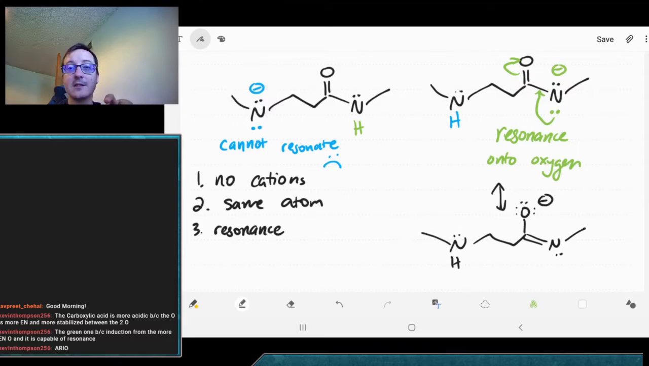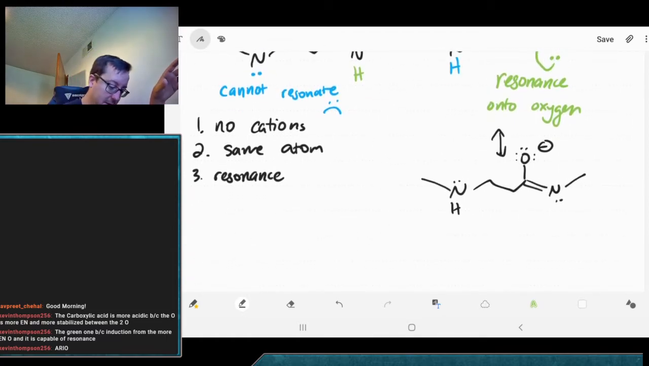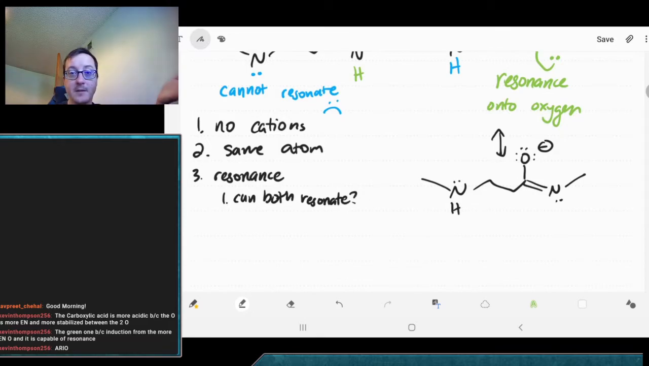So in this case, we end up going to resonance. And so resonance there is going to be the factor in determining that the green proton was the more acidic one in this molecule. All right, so it's all a matter of comparison. So the first step within looking at resonance is, can both resonate? Sometimes, in this case, only one of them could resonate, so by default that one's going to win, because only one could. But if both can,